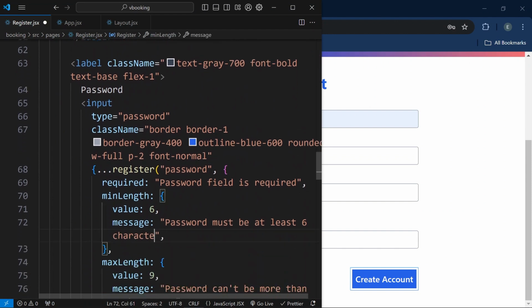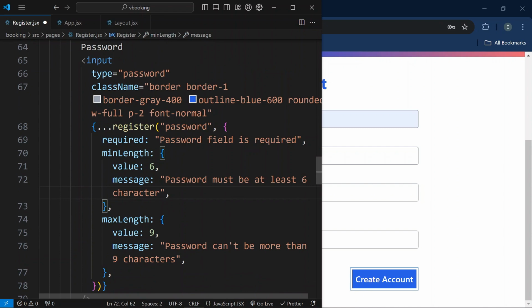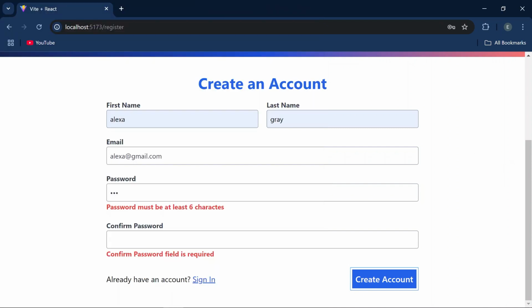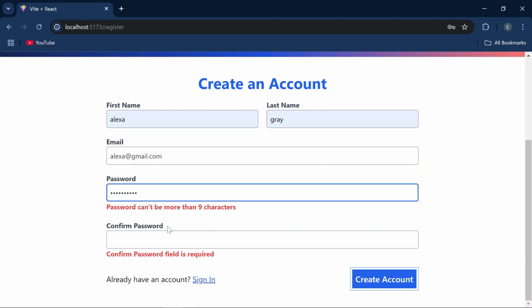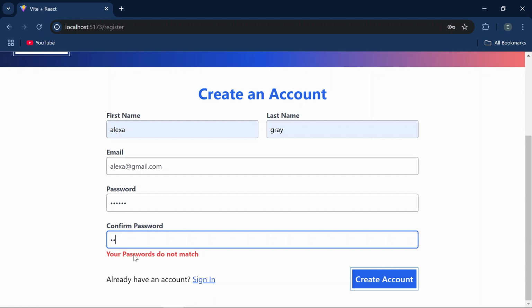In here, characters, like this. Okay, and if we enter 6 characters, our error is gone. Let's try to add some more. Password can't be more than 9 characters. It will show the passwords do not match error. Let's match it